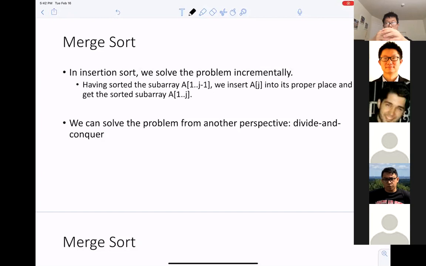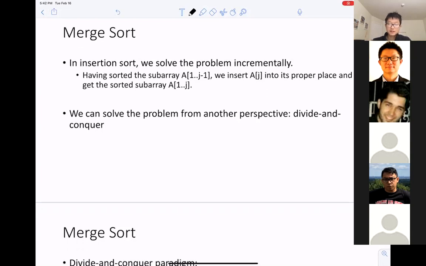In the first iteration, the solution size is 2, and then 3. We keep doing that until the solution size reaches the array size. So that is one way to get a problem solved.